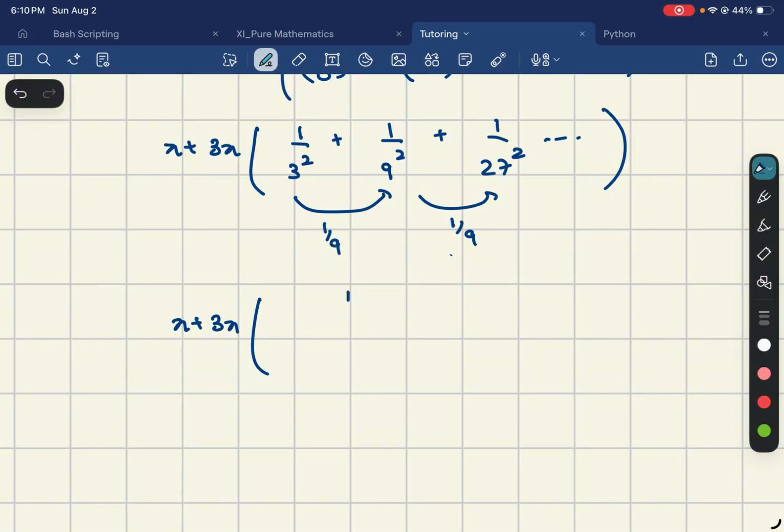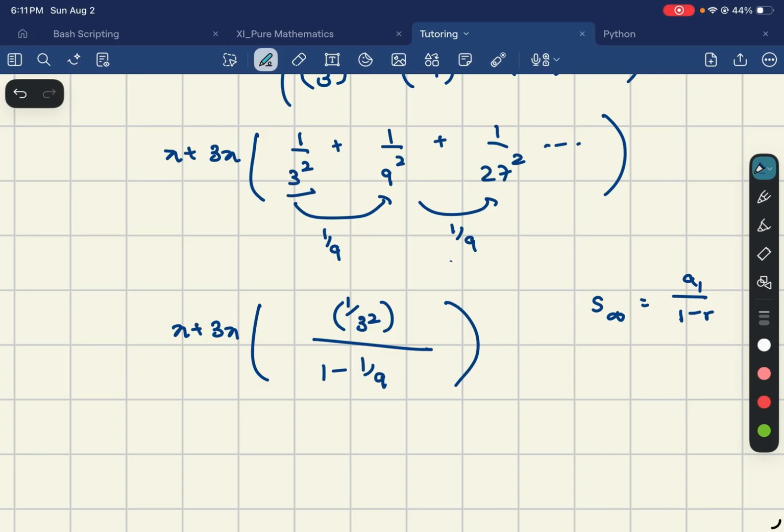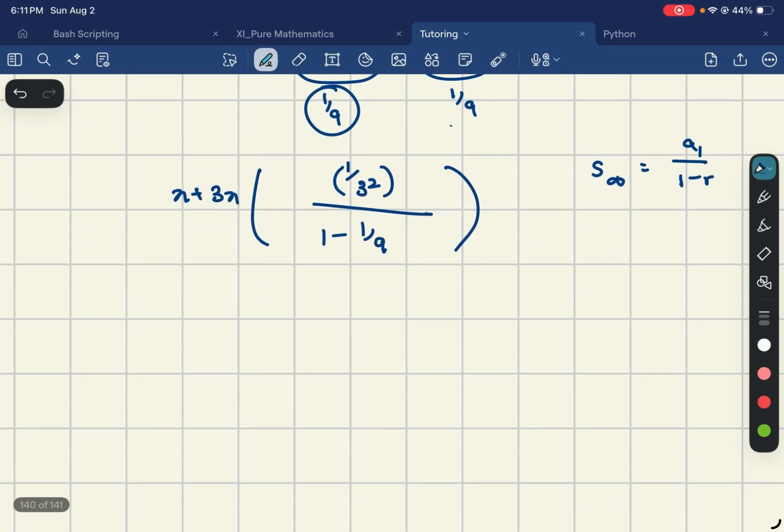So your solution is going to be 1 over 3 squared. The first term, the sum, is going to be 1 minus 1 over 9, right? If you use your formula, what is the formula? The sum of an infinite terms of a geometric series is a1 over 1 minus r. So we're going to use this. So first term is 1 over 3 squared, and my common ratio is 1 over 9, so I just use